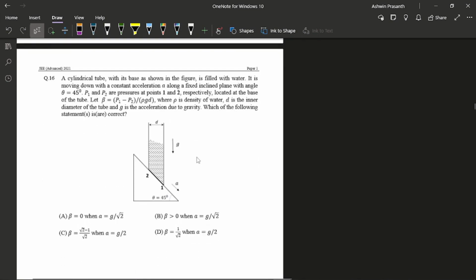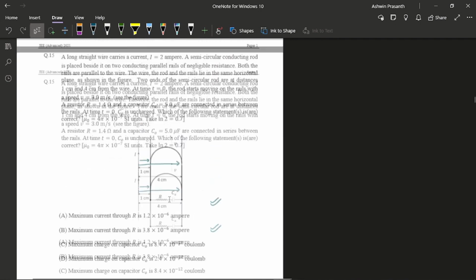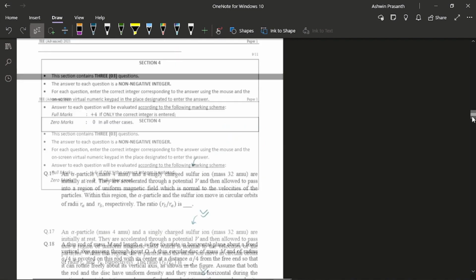And I moved back to this question. Once I actually read it carefully, I understood that it was actually not that tough. We just had to use the concept of g effective. So yeah, I was able to solve it. But I think still I was making some mistake because I wasn't getting option C. This expression I was getting a different expression actually. But I still got A, so I marked that. I got 1 mark here. That is the end of physics round one. So actually, I completed the whole round one of the whole paper. Then I moved on to all the questions I had left for round two, starting from chemistry.